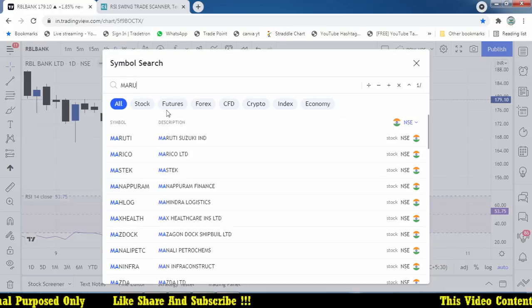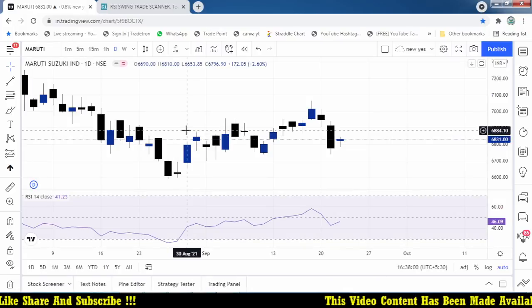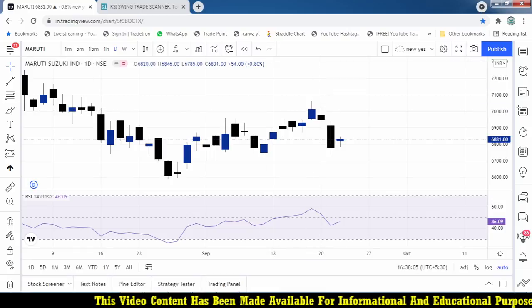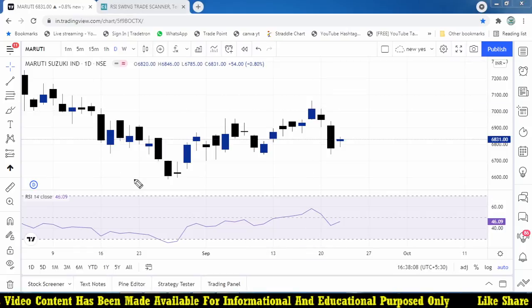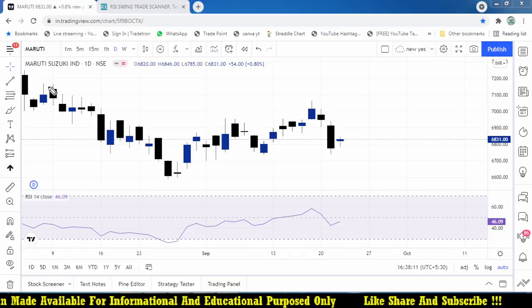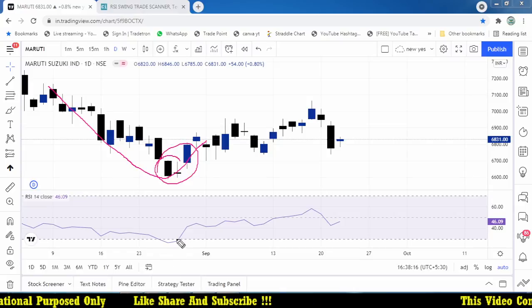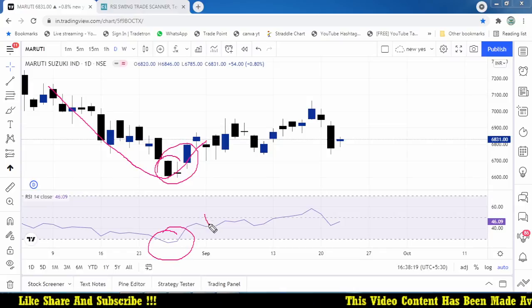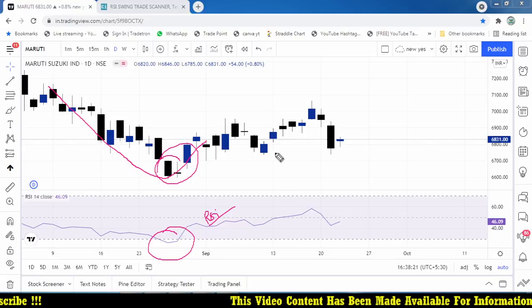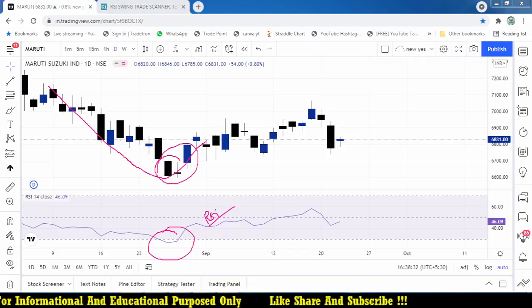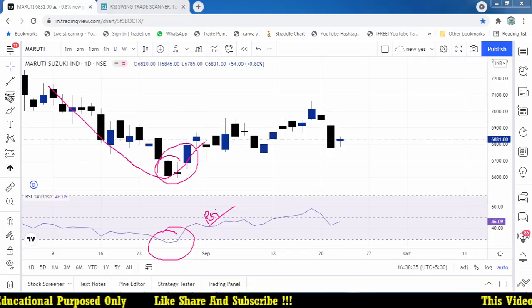And Maruti, hope you got the concept here. Maruti 30th August, that good, and after that it moving well. So when we are using that candlesticks, but not candlesticks pattern, that scanner, that will help us to find out the stock which is trading below 30 and the swing reversal point at lowest level, where you can see RSI will be the trend changer, or we are planning for a buy at lower level. So that code will help you to make a correct decision what the thing which we are going to do. I hope this may be a useful video to you all.